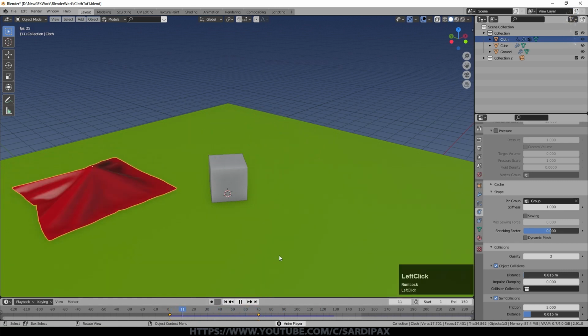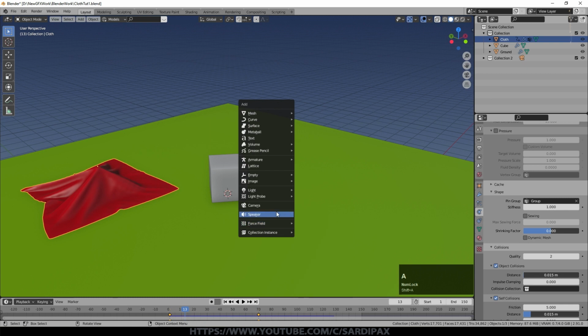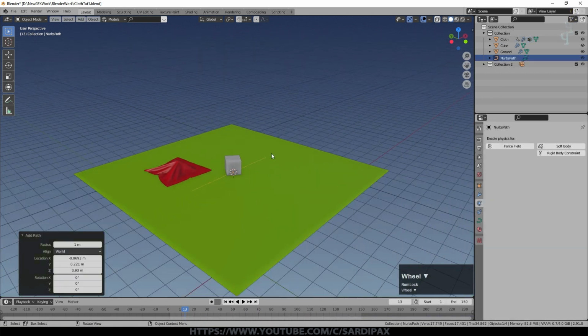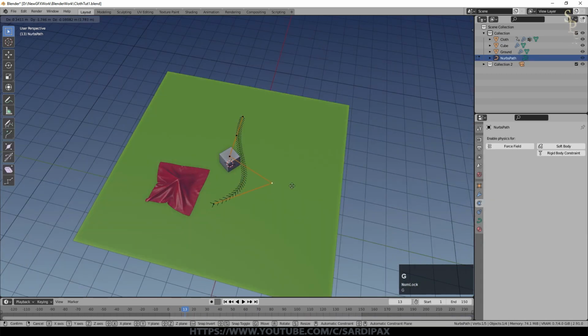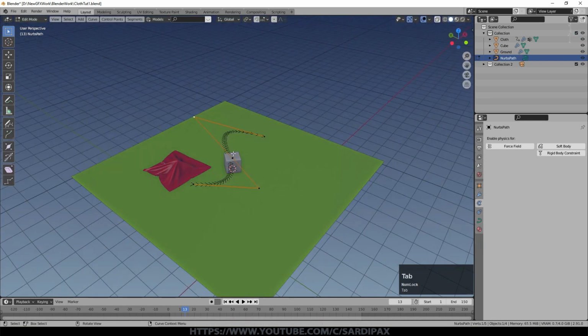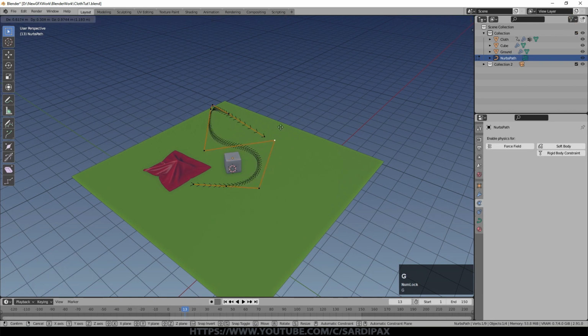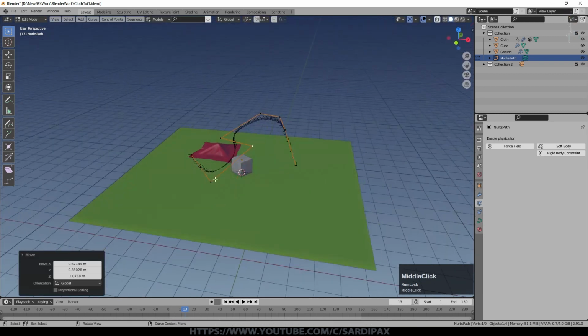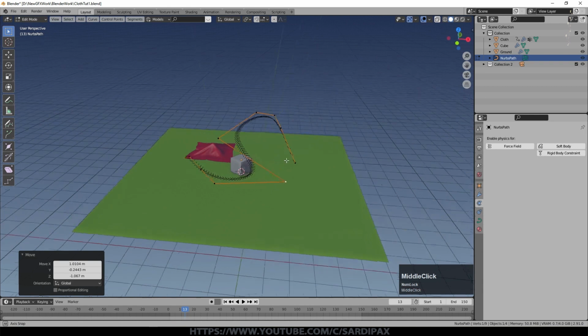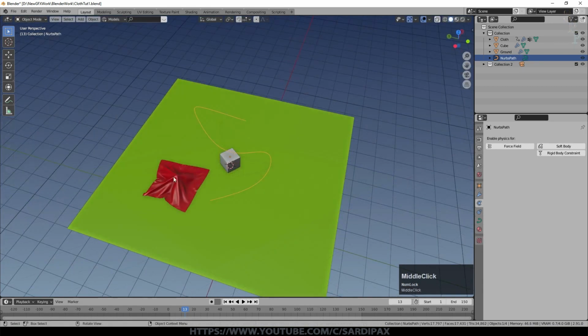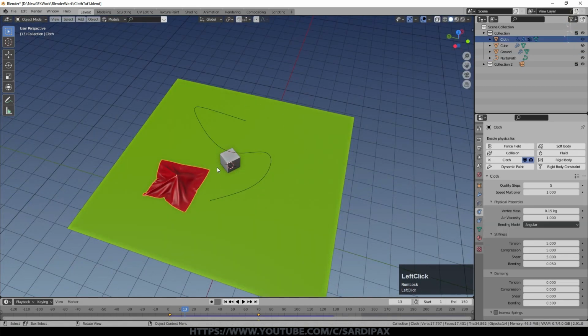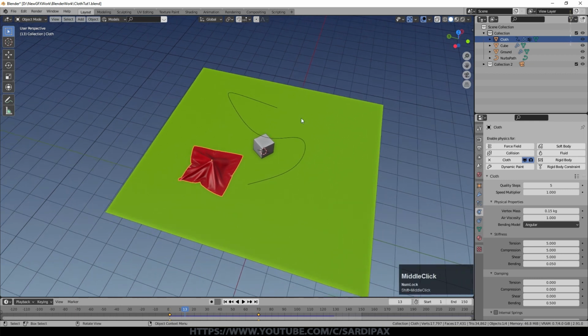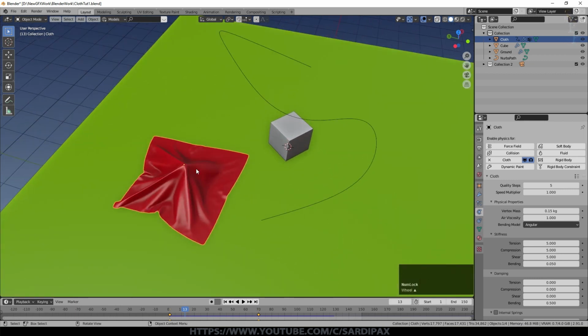And if you wanted it to follow a path, we could just add a curve which is a path. We can move that path around a little bit. Don't make the curve too severe because you may have problems with this simulation if you try to whip the cloth around too fast. Now I could just get the cloth to follow that curve, but what I wanted to do when I did the sampler was really just be able to control whether the cloth was affected by the curve path or not. So I'll show you what I mean.